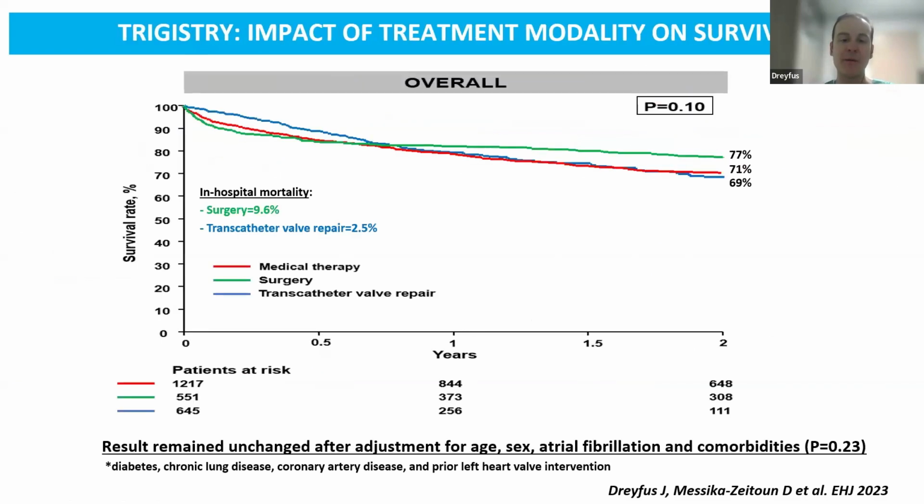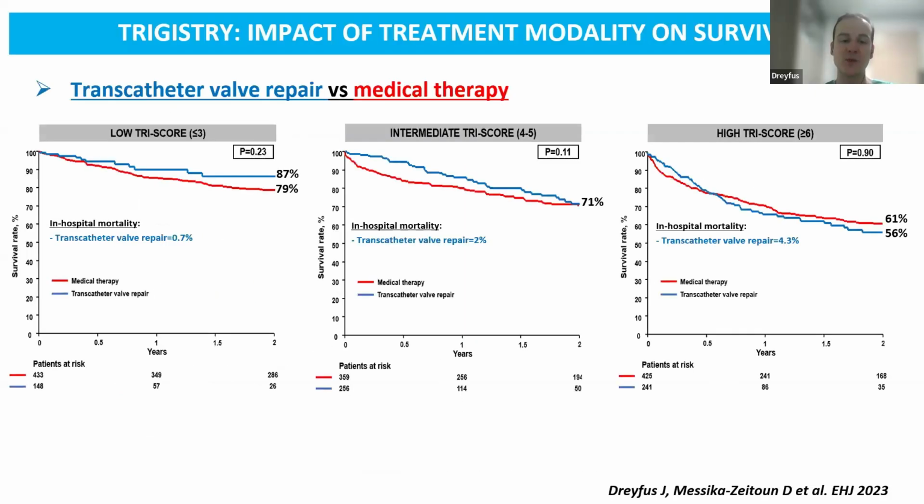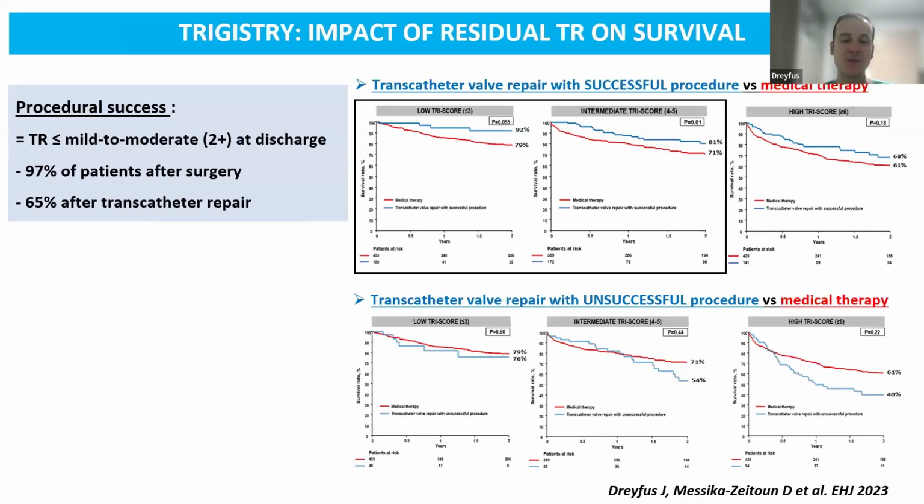If we now compare transcatheter therapy to medical therapy at 2 years, I previously compared surgical management to medical management at 10 years because we have longer follow-up for surgery compared to transcatheter therapy, which are more recent. There was no survival benefit at 2 years overall. If we now look according to TriScore category, there was no benefit of transcatheter intervention, and we found benefit only